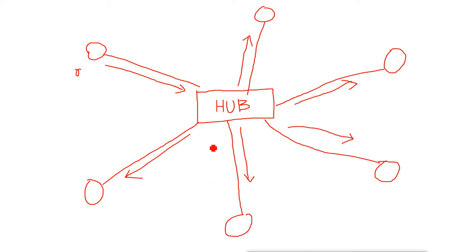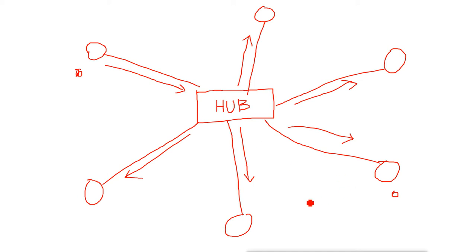Now, because it does not read anything and does not understand anything, we also call it a dumb device. It used to only do the transmission. It is working like a bus topology. Bus topology means that if one device is sending data to another device, it is occupying the whole network, the whole cable, and nobody else can do anything in that time. So it is working like a bus topology.